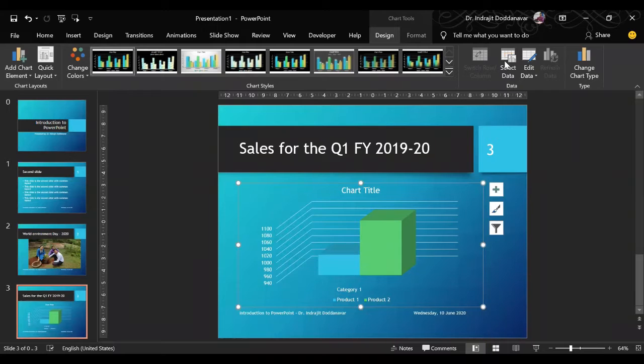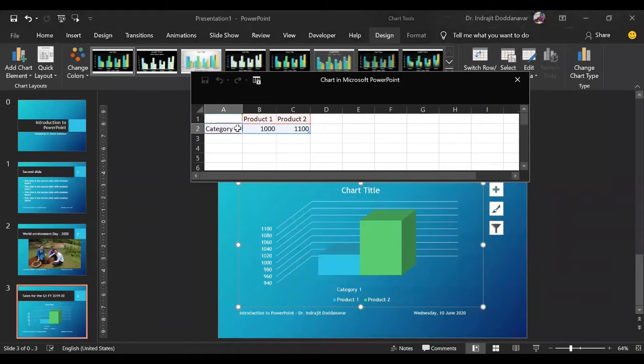Once this is done, we will have to go to the design tab. From the design tab, we'll have to go to edit data, and in that again edit data. Once this is clicked, you get this window opened, and here you can go ahead and change it. Like I say Q1. When I come out of the cell, the editing mode, you see that it has been changed to Q1, right?